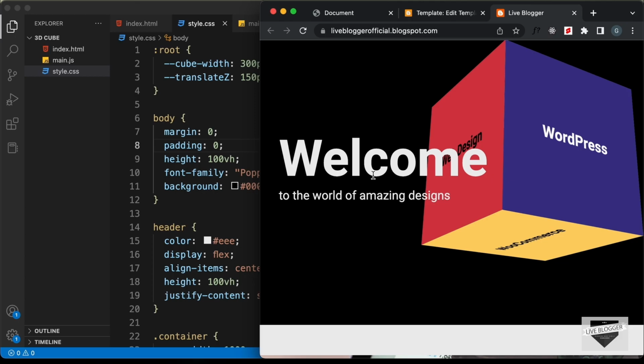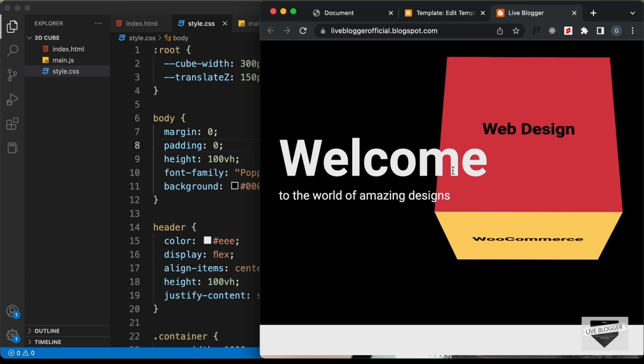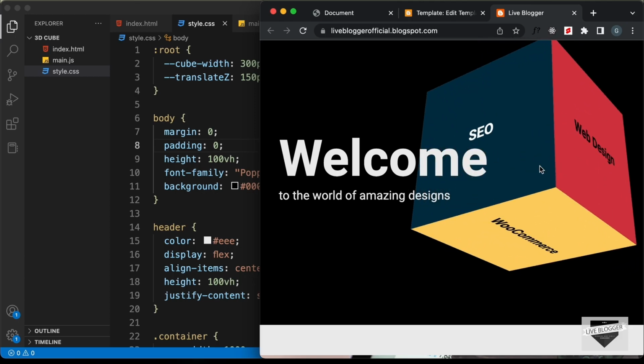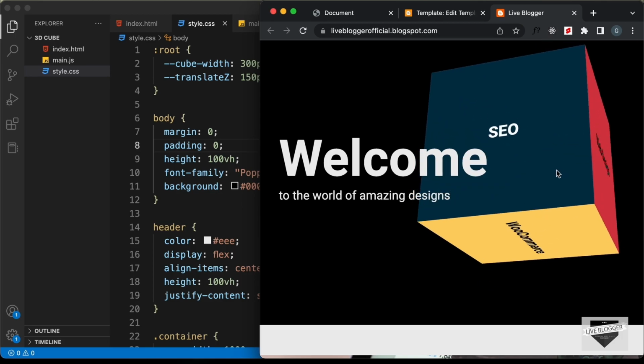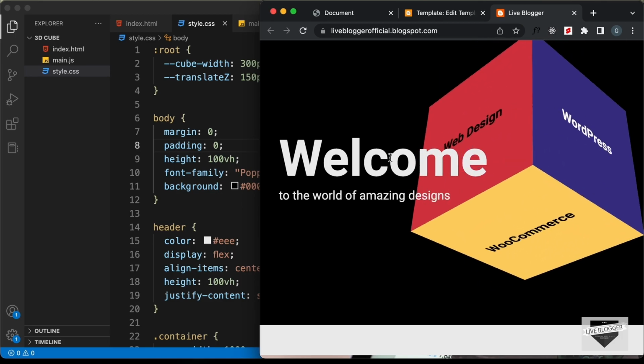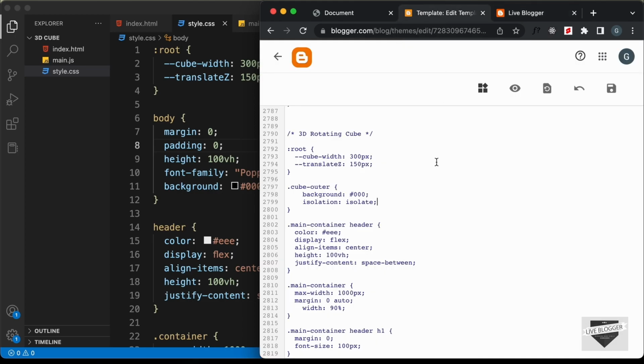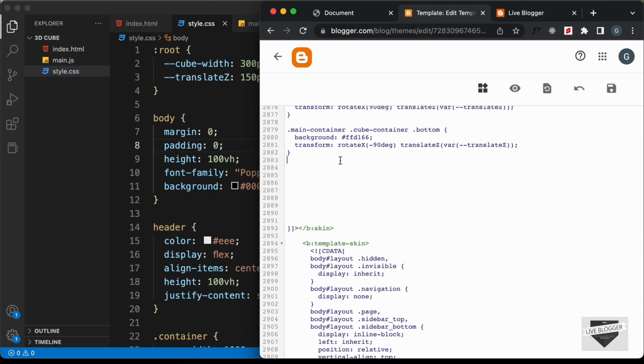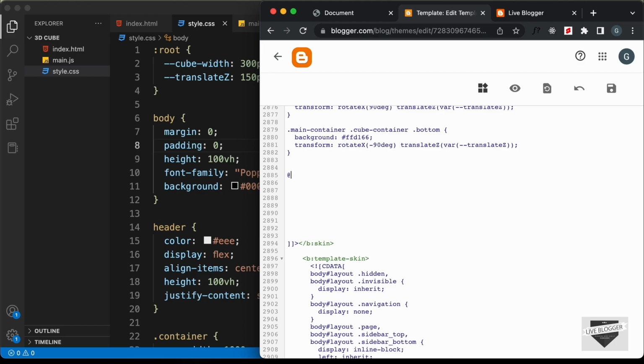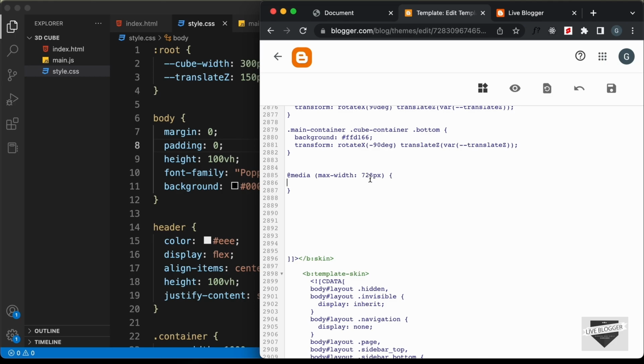Right now let's add a media query to make it work for smaller screens. So what we will do is decrease the opacity of this cube, and we'll also decrease the font size of this heading. So let's go back to our CSS and scroll down, and here I'll just create a media query. I'll type @media and set the max width to 720 pixels. So whenever the screen size is less than 720 pixels, all the CSS inside this block will be added to our design. So let's type cube container